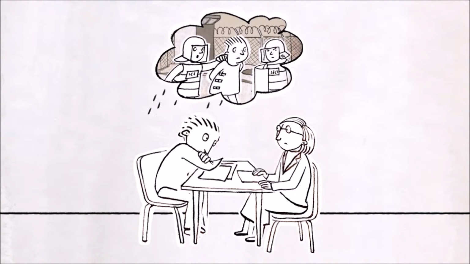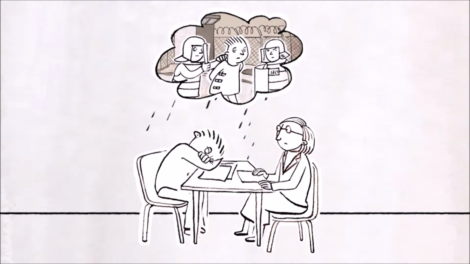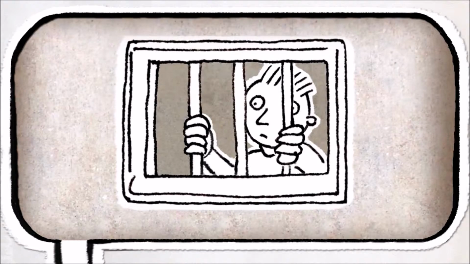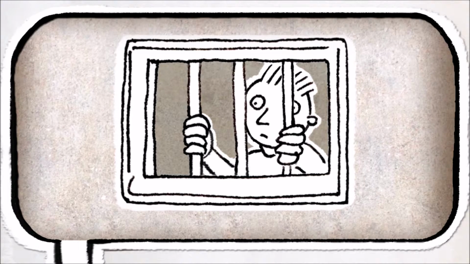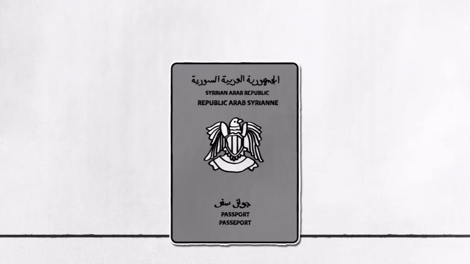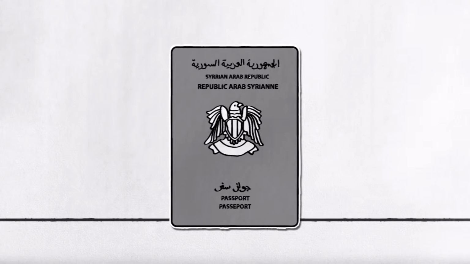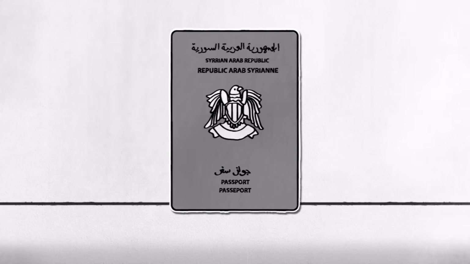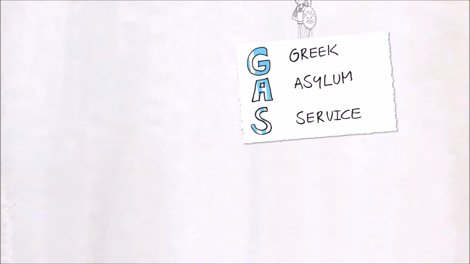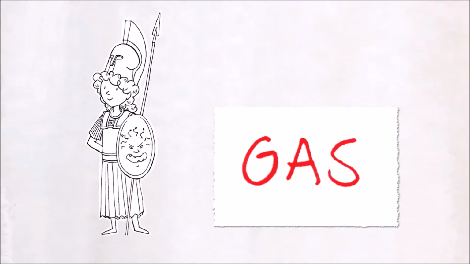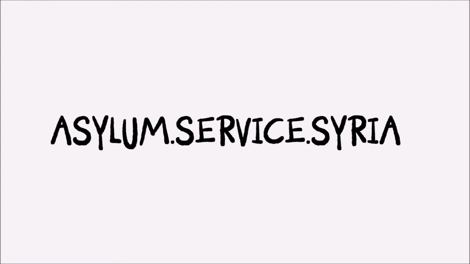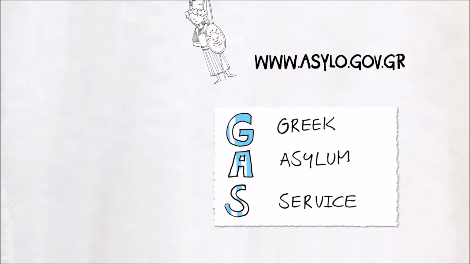Persons with post-traumatic syndromes, especially survivors or relatives of victims of shipwrecks. Victims of human slavery or trafficking. People with a Syrian passport, even if it is expired, or Palestinians with travel documents issued in Syria may also be prioritised by the Greek Asylum Service under the fast-track process. To register, use the Skype option asylum.service.syria. You can also watch the film Fast Track on the Greek Asylum Service website for more information.